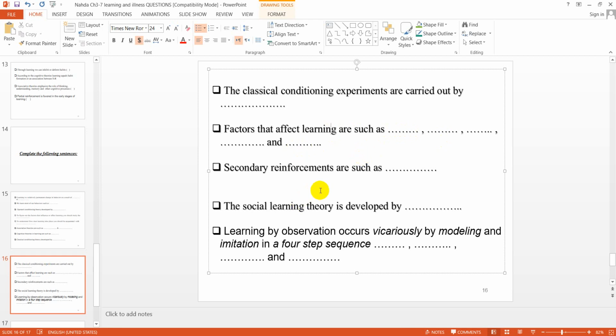Secondary reinforcements are such as the social learning theory is developed by